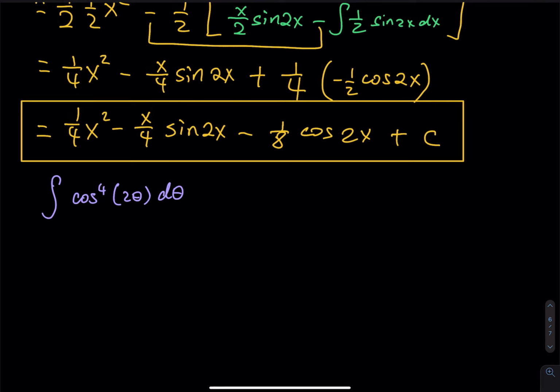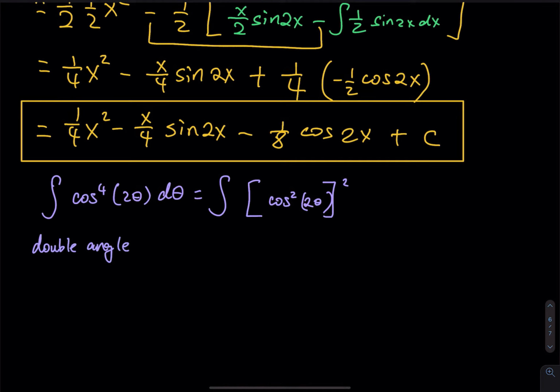So this cosine 4th power, first of all, we have to rewrite that as square square. So cosine square 2 theta, and then we square this. So 2 times 2 is equal to 4. And then the cosine square, you can use the double angle formula. Given in case 3, cosine square of theta is equal to 1/2 times 1 plus cosine of 2 theta. If you change the theta to 2 theta, then that is